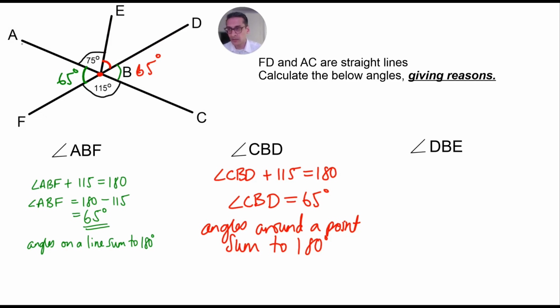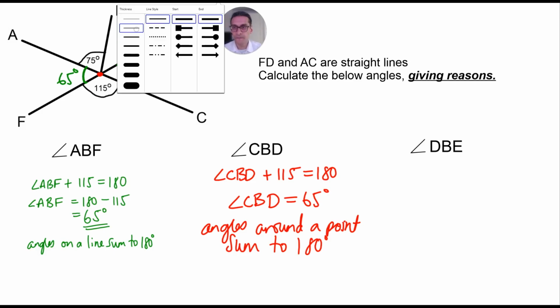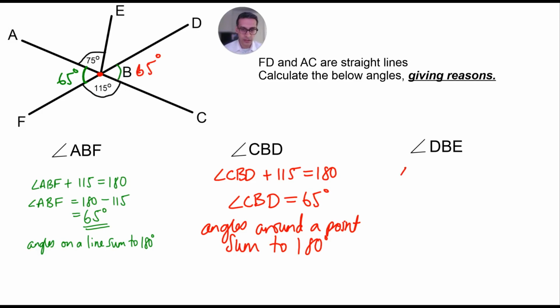The other way to do this is if you just focus on the straight line AC, and you know that these two angles plus EBD or DBE have to sum to 180. So that's the other way to do it. There's no preference on this, it's just whatever you prefer. I'm going to go for angles on a straight line. So we're going to say angle